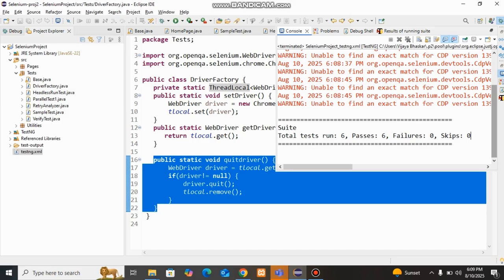So handling thread safe issues will be easily done with thread local, and I'll share some more tutorials like this,